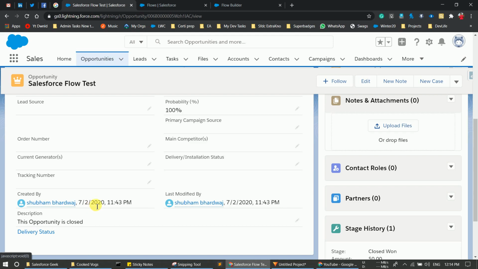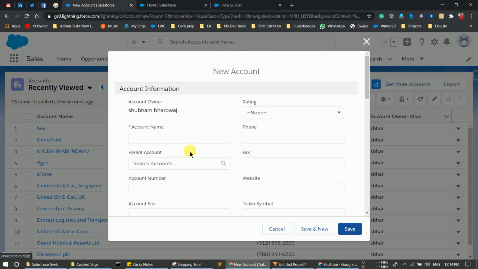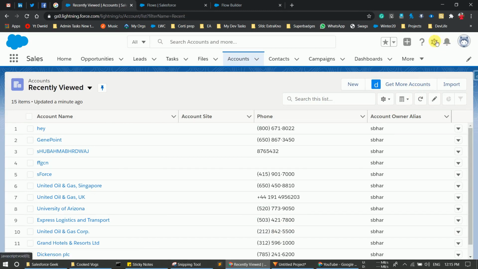Let's say the scenario is on account, I am providing a validation rule: if type equals prospect, I don't want my account to be saved. Whenever I provide the value prospect for the type picklist, the record does not get saved. So for that, I am going to create a validation rule, and after that I am going to create a flow which overcomes this validation rule. In the flow, I am going to create a before insert and before update flow. Whenever the type equals prospect, I have to select another picklist value. So let's simply click cancel here, and let's create a validation rule in the account object.